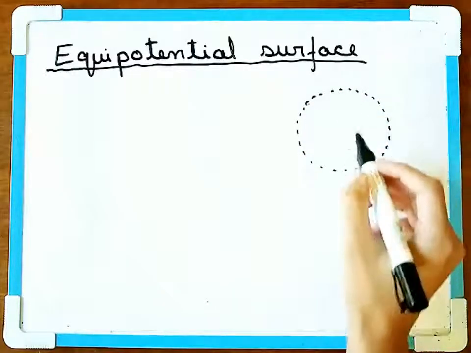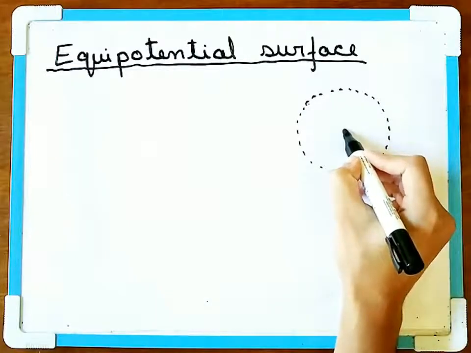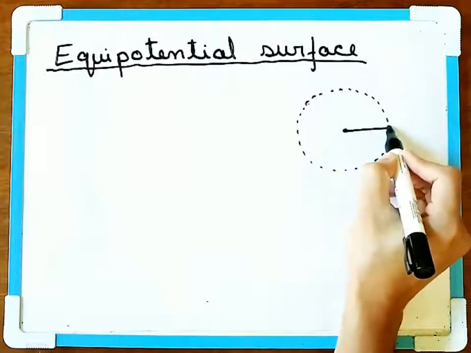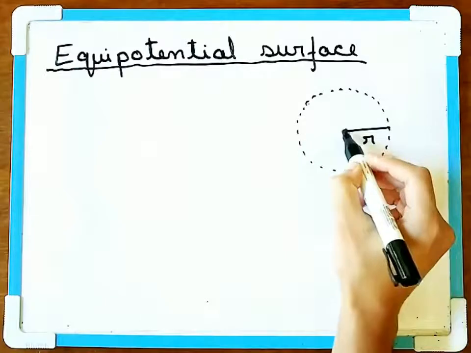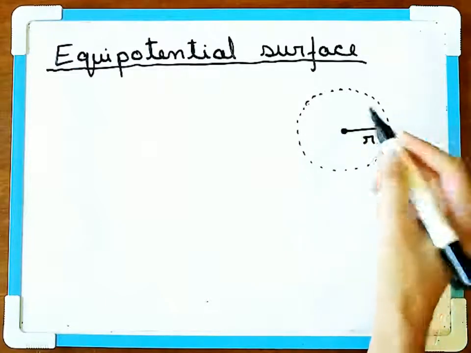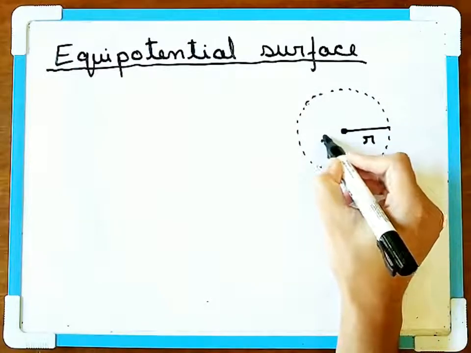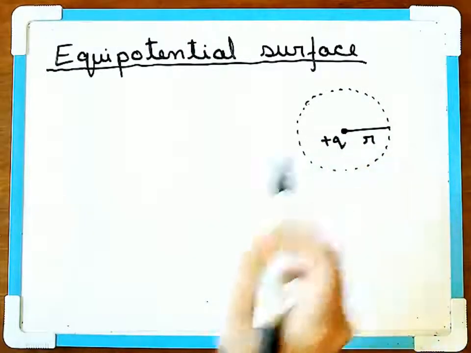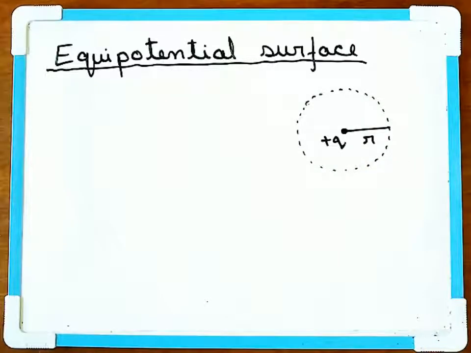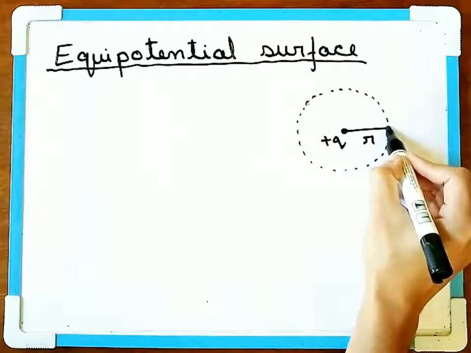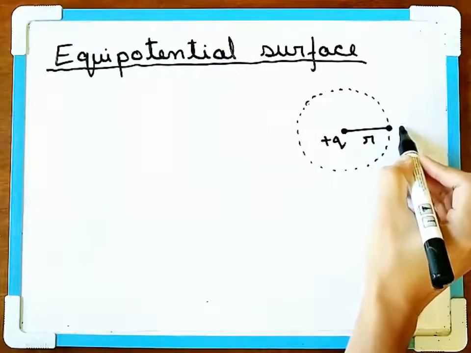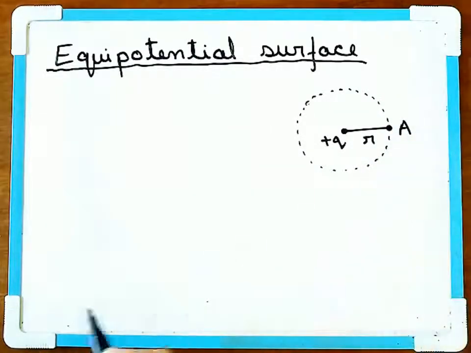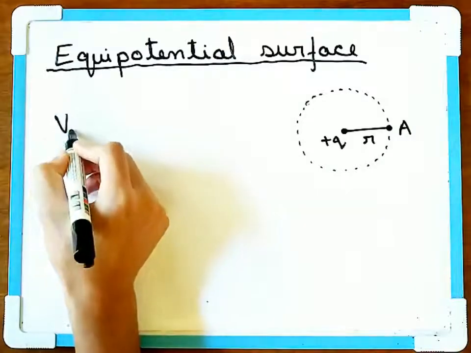So this is a sphere having a radius r, and say at the center we have a positive charge +q. So we have a positive charge at the center of the sphere of radius r. Then the potential at this point on the surface, say this is A, at point A, the potential is given as